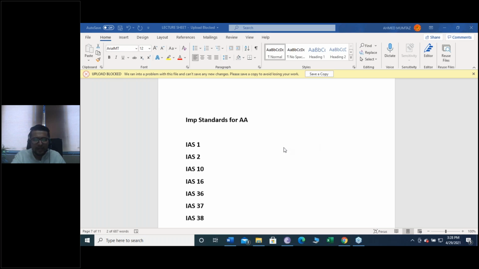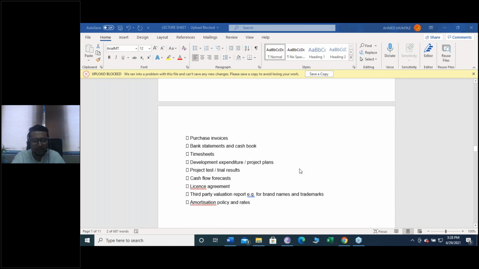Yes, you can recalculate the loan in order to verify the finance cost. Well done, you are thinking absolutely straight. Can you show inventory? Yes, you all can get this lecture sheet. I will share it right away in the group once I'm done with the lecture. Where is inventory?